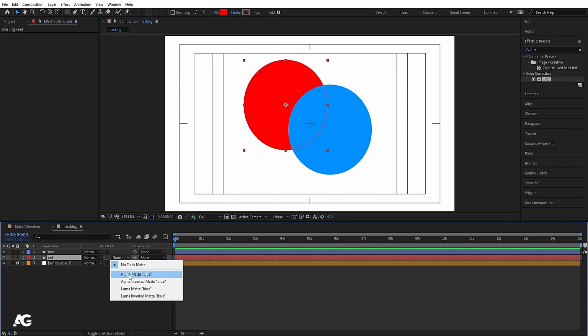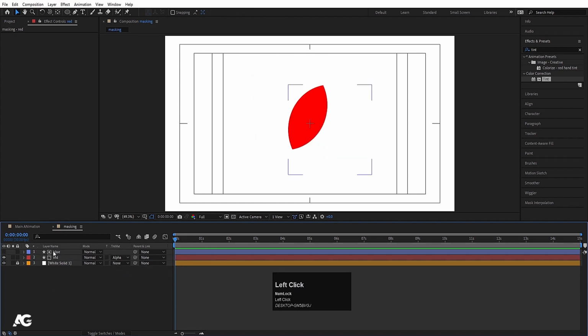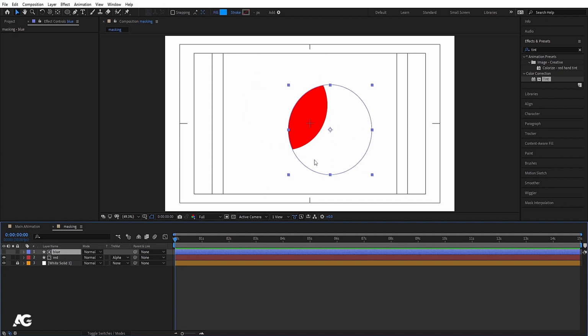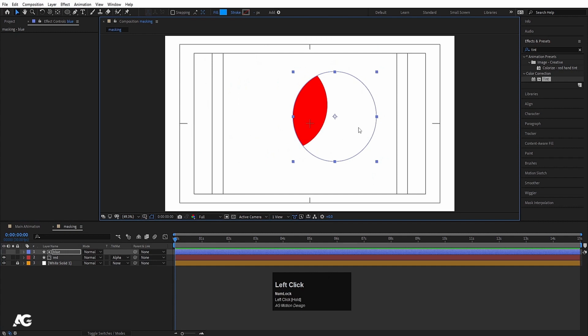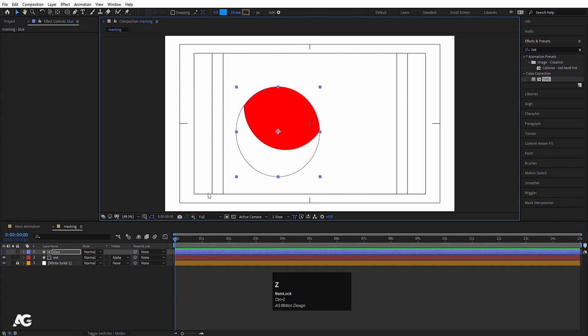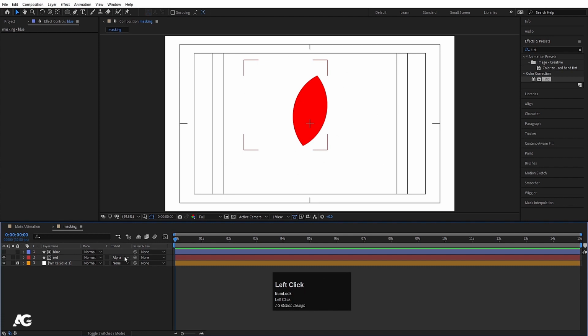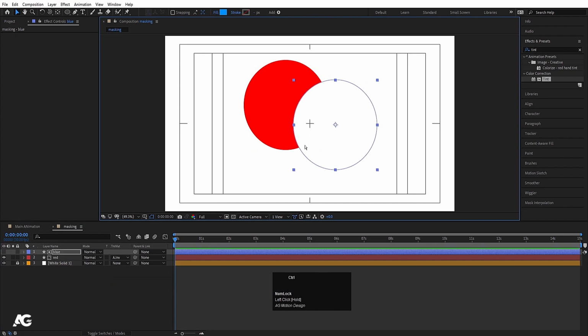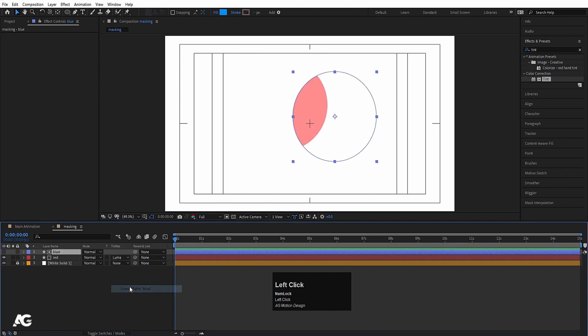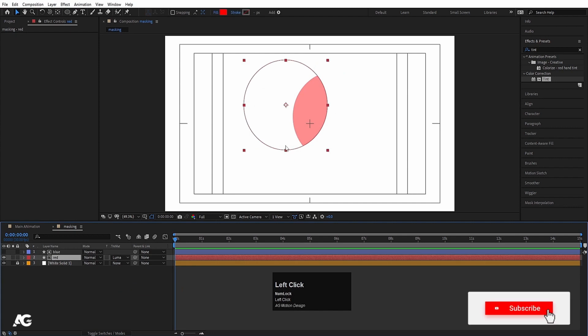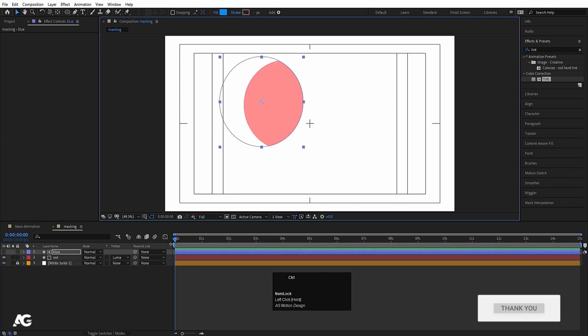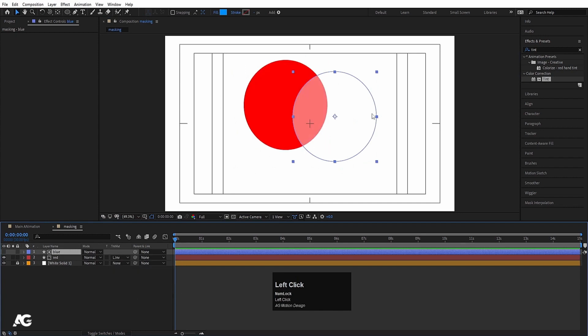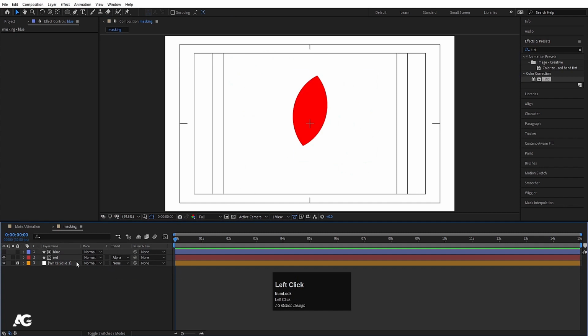One is alpha matte. If I click on it, as you can see, it will cover the portion of this blue. If I select this blue, I can move it wherever I want, just like that. Then the second one is alpha inverted matte. As you can see, this is like that. Then after that, we will get the luma matte option. So as you can see the changes, this is my blue, and then we have luma inverted matte. So these are the 4 types of mattes provided by After Effects, which is not a very difficult